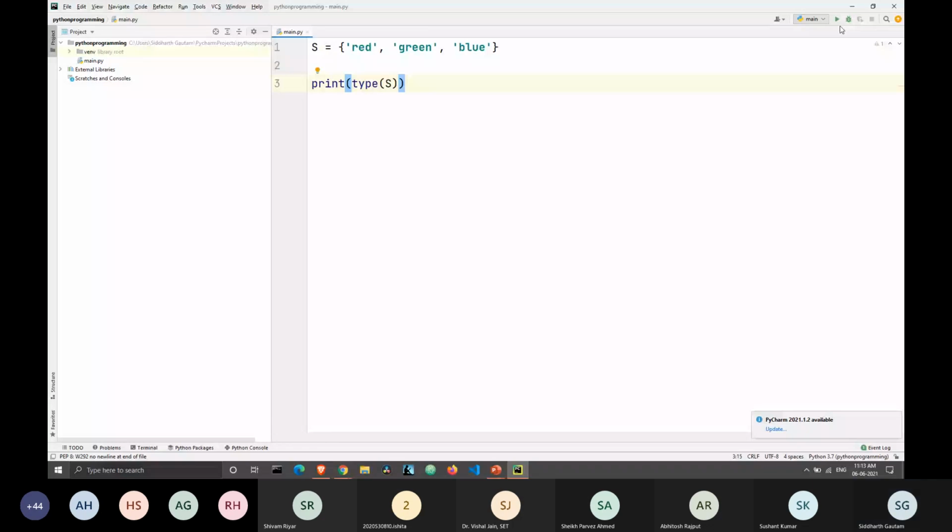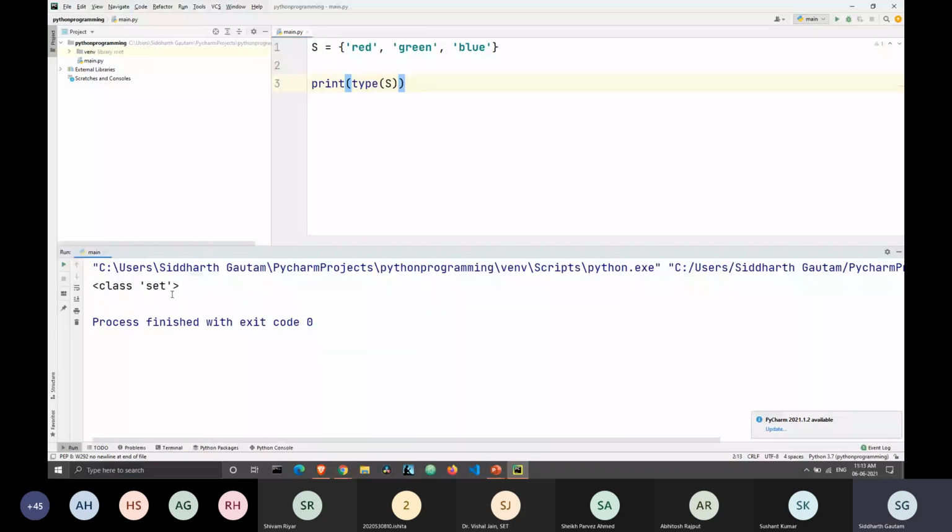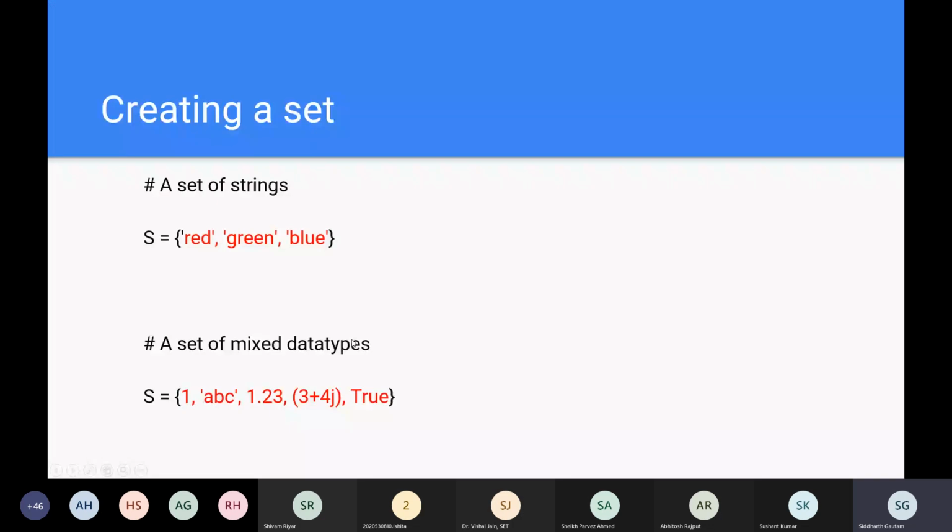All right. And a set can also have mixed data. Like it can have elements from different data types. It can have a string, an integer, a float, a complex number, a boolean. It can contain everything. So, for example, I will just enter a comma here.